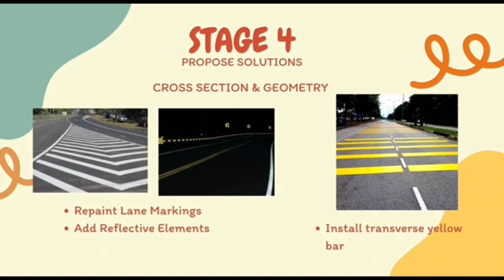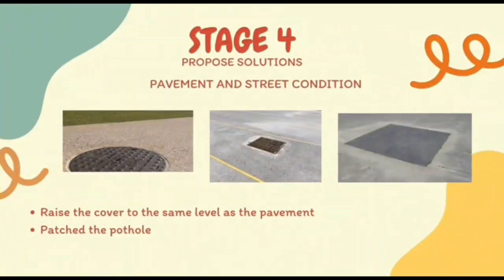Similarly, repainting the lane markings with the addition of reflective material will ensure that lanes are clearly visible, especially at night or in low visibility conditions. For the pavement and street conditions, potholes should be patched properly to eliminate hazards, particularly for motorcyclists and cyclists. Some covers need to be raised to align with the pavement level, ensuring a smoother driving surface and preventing vehicles